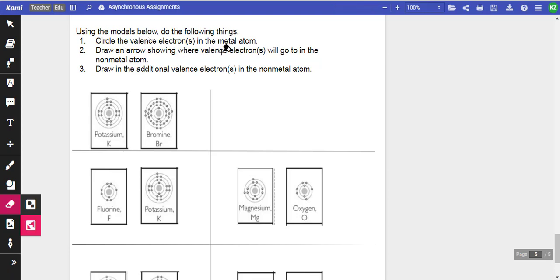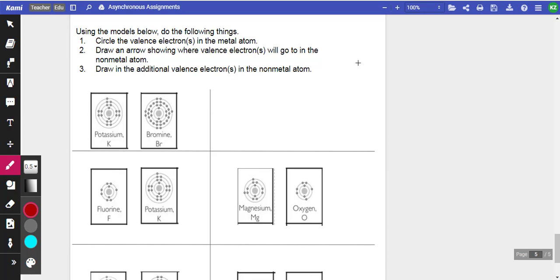Circle the valence electrons in the metal. So let's go ahead and do that. Let's do it with this quick example of potassium and bromine. So let's go ahead and circle the valence electrons. As we know, those are the electrons in the outer shell. And for potassium, I only see one electron in the outer shell, and I'm going to go ahead and circle